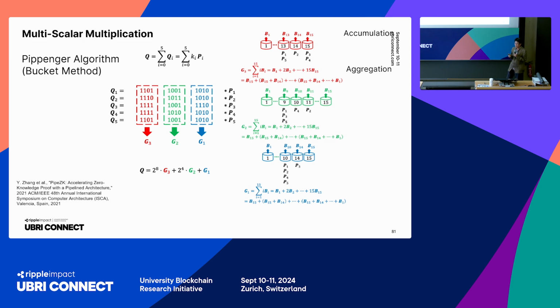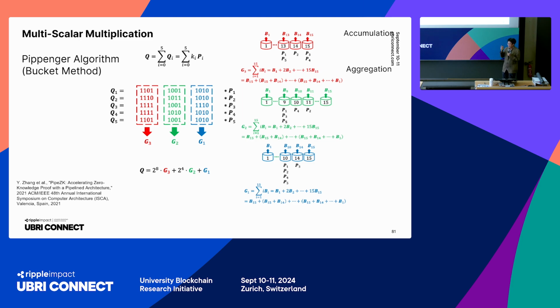The main reason is that when we perform aggregation, because of data dependency, we cannot fully utilize the hardware resources. So instead of doing them separately, if we do them concurrently, then we expect that we can improve the performance